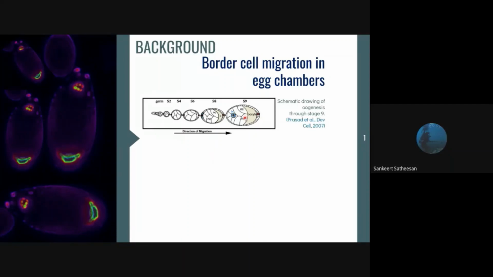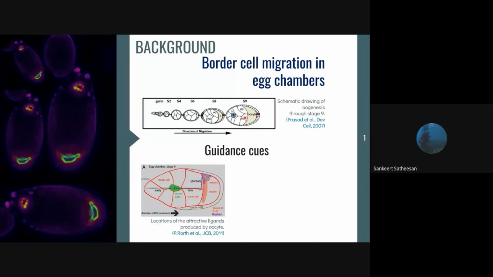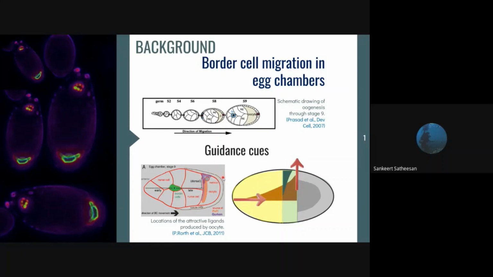So now, as these cells are migrating, they need some cues for directionality. This is done by the guidance cues. So here is a graphic representing the ligands involved during the migration and their sources in the egg chamber. The main ligands are Gurken and PVF. Gurken is in the anterior posterior axis, and Gurken is in the dorsoventral axis, and PVF is in the